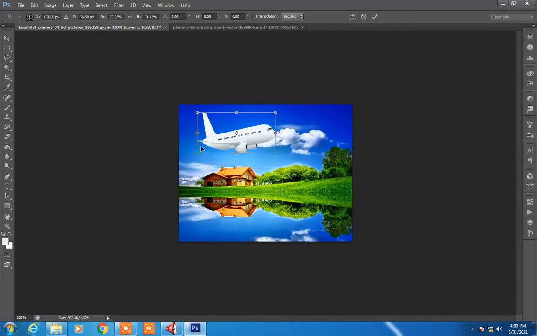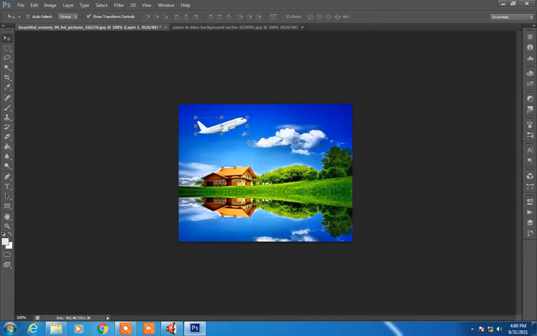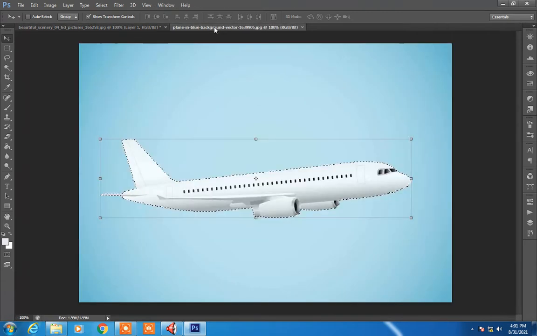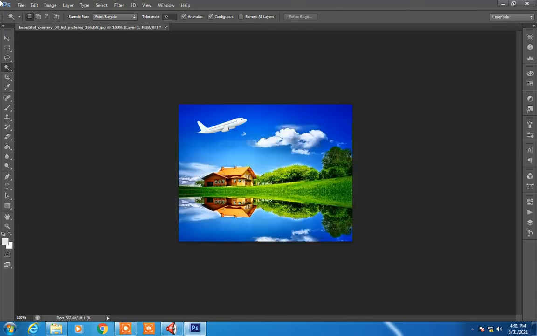Resize it, as the aeroplane is looking too big compared to the background. Okay, so let us make it small. We will just tilt it a little bit to show it is moving towards the top. So this is how we have placed our first image. Okay, so this was the use of the magic wand tool. When there are similar colors or similar pixels in the background, always make use of the magic wand tool. So let us close this image, it is not required now.